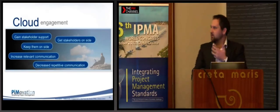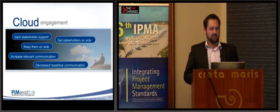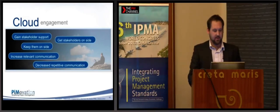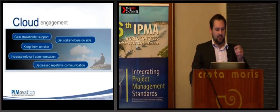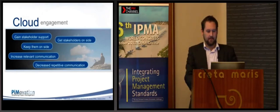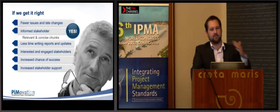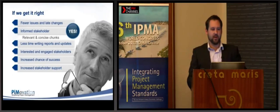So if we shift now to cloud engagement and project management tools, the goal is to gain stakeholder support. We want to get stakeholders on side and keep them on side, and increase relevant communication. Relevant is a really key word there. Obviously, that comes with decreased repetitive communication. If we get it right, there should be fewer issues and late changes that are stakeholder-led. If we increase stakeholder engagement early on and maintain that high level, that should bring fewer changes,